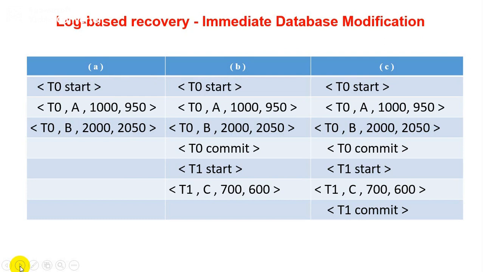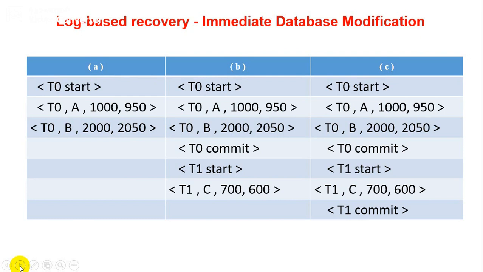So before commit you can use undo operations, and after commit you use redo operations for database recovery. So guys, this is the way to recover your data, your transaction, your schedule with the help of undo and redo operations in immediate database modification. The sets of data items updated by Ti and their respective new values can be found in the log, because we consider the old value as well as the new value in a log file.